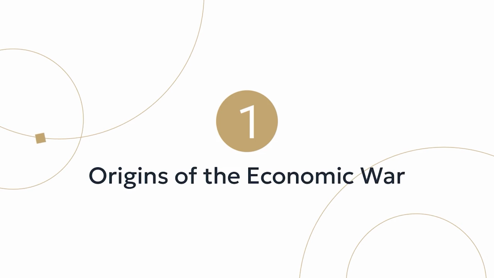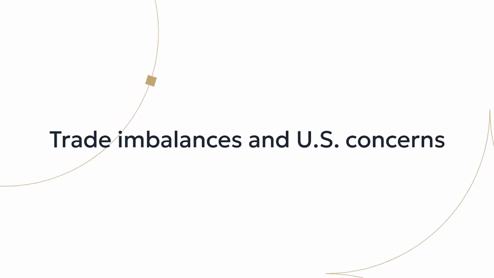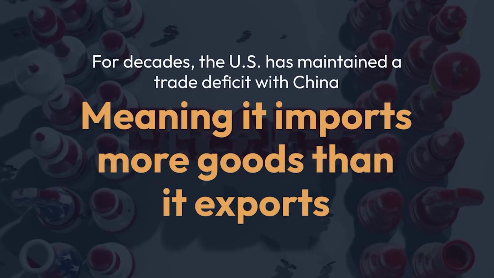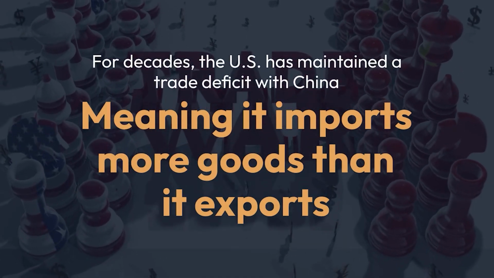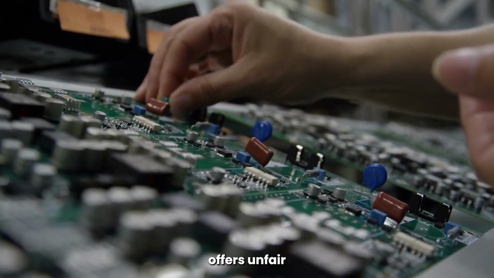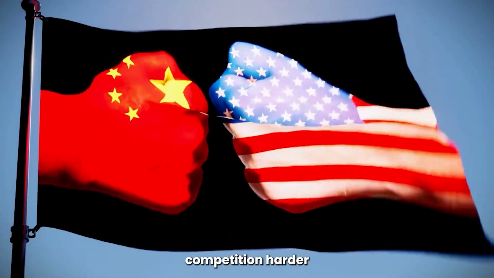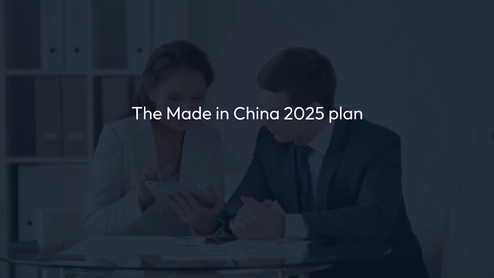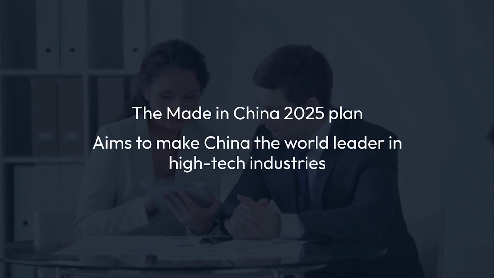Section 1. Origins of the economic war. 1. Trade imbalances and U.S. concerns. For decades, the U.S. has maintained a trade deficit with China, meaning it imports more goods than it exports. Critics argue that China manipulates its currency, offers unfair subsidies, and engages in protectionist policies, making competition harder for U.S. companies. The Made in China 2025 plan, launched by Beijing, aims to make China the world leader in high-tech industries,